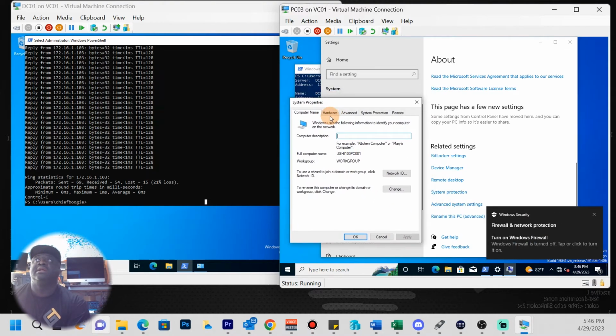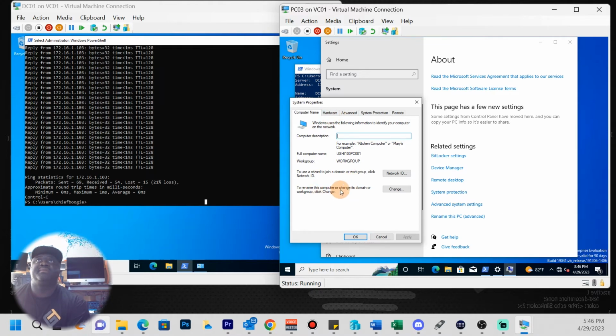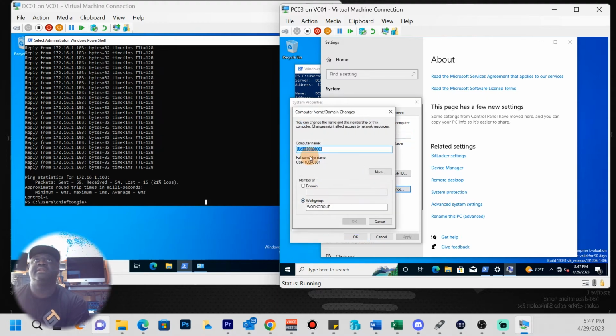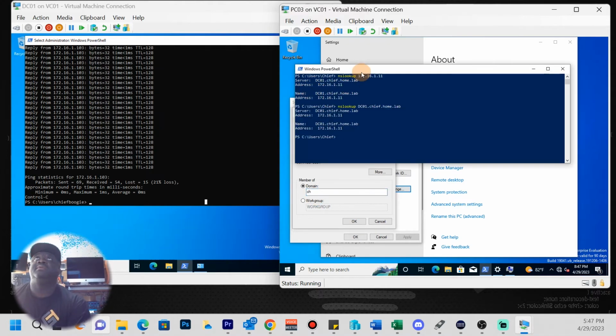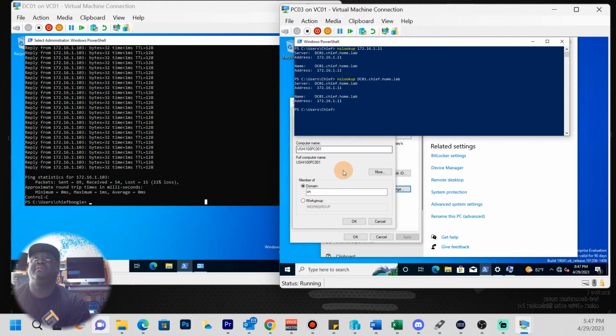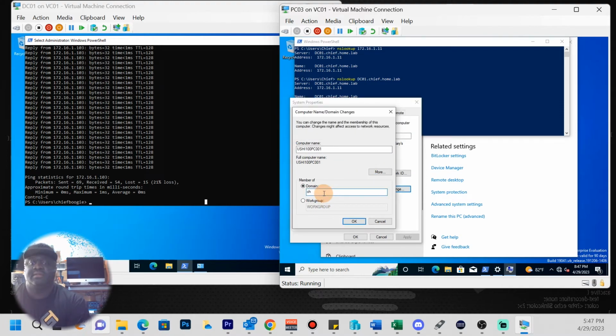Now, inside of advanced settings, you want to go to where you see to rename this computer or change this domain name or work group, click change. You're going to go ahead and click change right there. The computer already has its name because we did that earlier. Member of a domain is right here. So the domain name, and if you needed help, you can see where we have it up there, right? So this is a domain, CHIEF, so it's